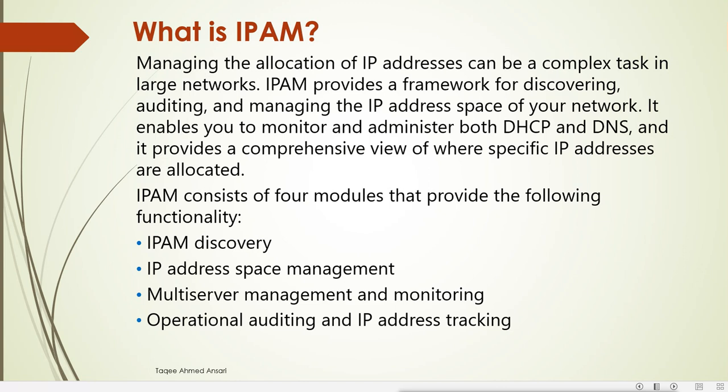In a network, managing the allocation of IP addresses can be a complex task, especially in a large network. Even with DHCP, it still becomes a very complex task. DHCP automatically distributes the IP address to all the clients, but in a large network we have to use static IP addresses also. We can't use a dynamic IP for every machine. So we are using static IPs, and we are using DHCP, which provides the IP addresses too.